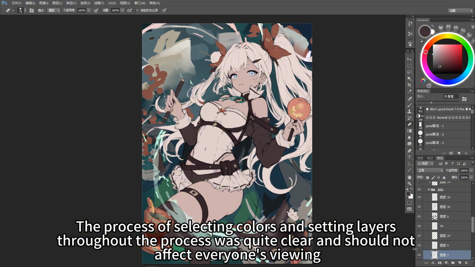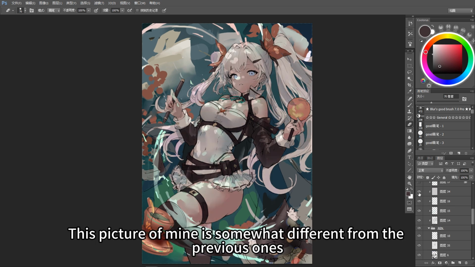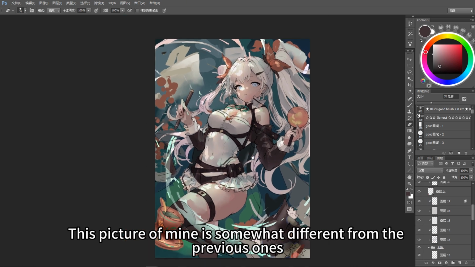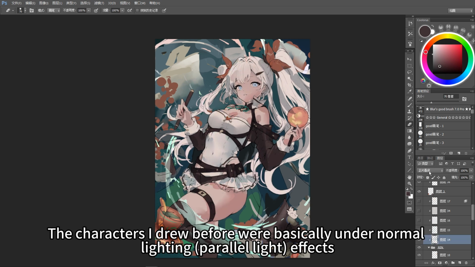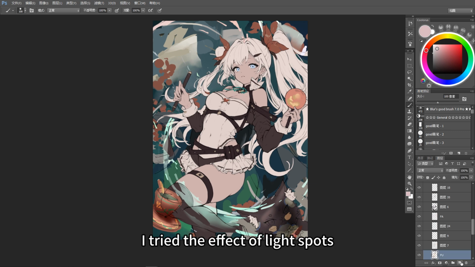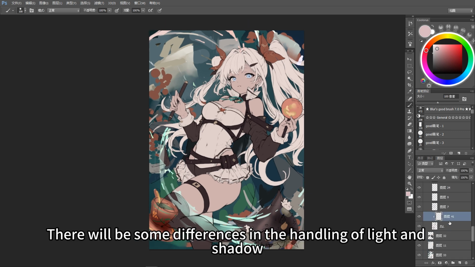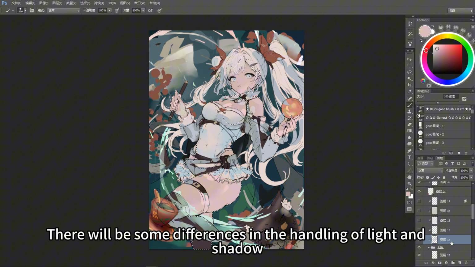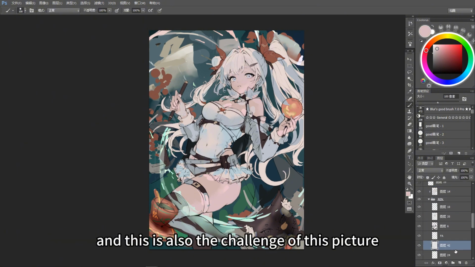not affect everyone's viewing. This picture of mine is somewhat different from the previous ones. The characters I drew before were basically under normal lighting, parallel light effects. For this picture, I tried the effect of light spots. There will be some differences in the handling of light and shadow, and this is also the challenge of this